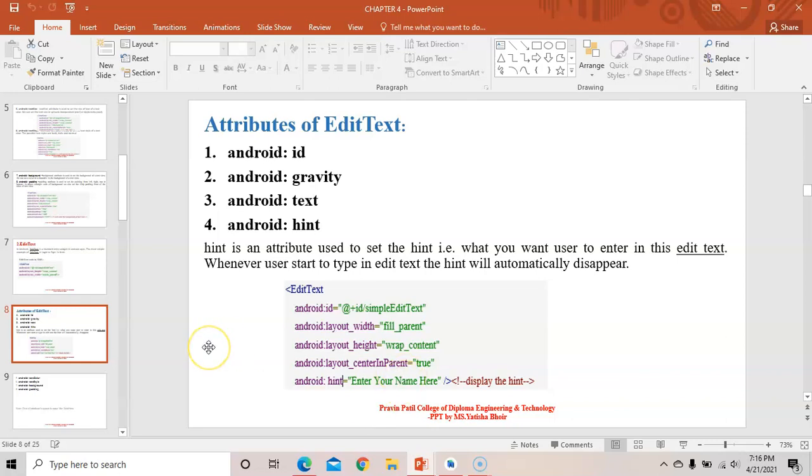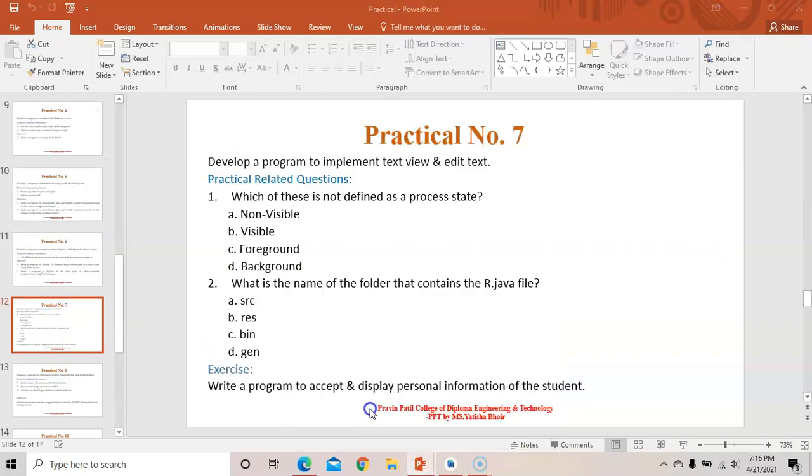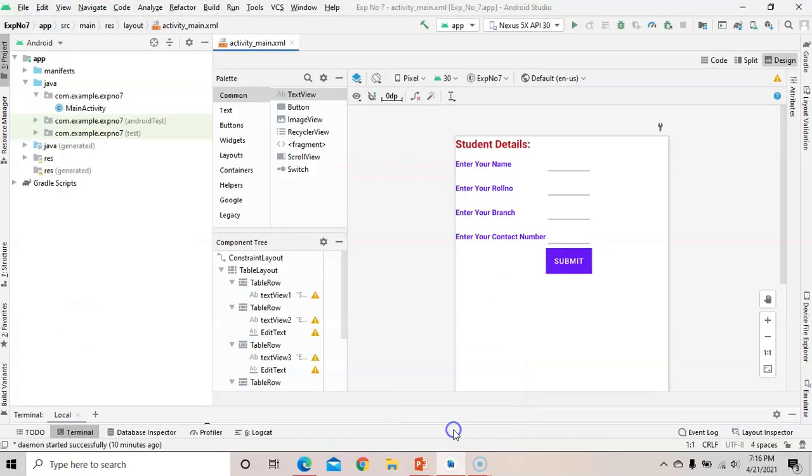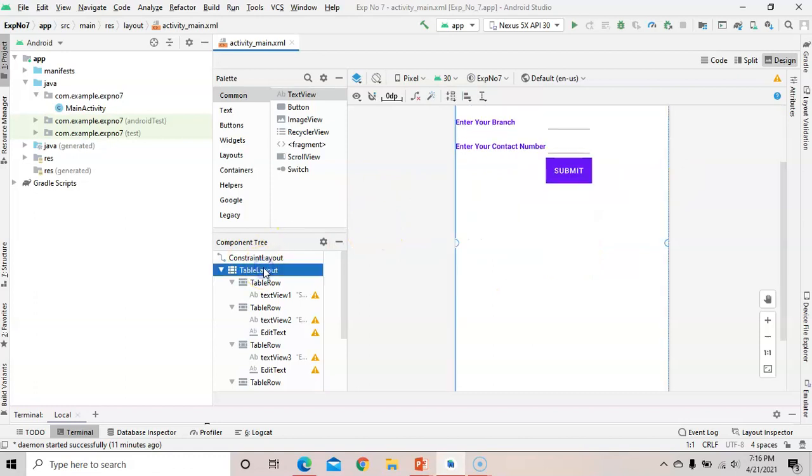Now we will use text view and edit text in our program. So the question is, write a program to accept and display personal information of the student. For this program, you need to create your user interface. So how to do this? First of all, take a table layout.